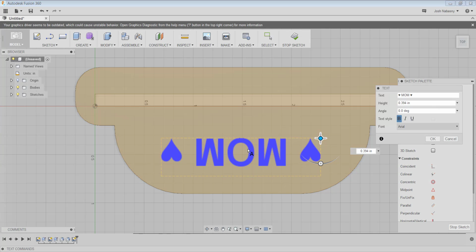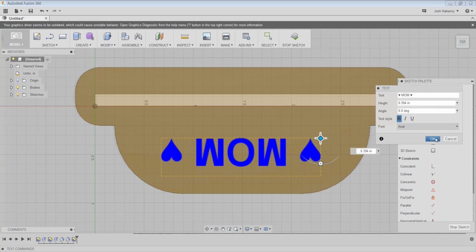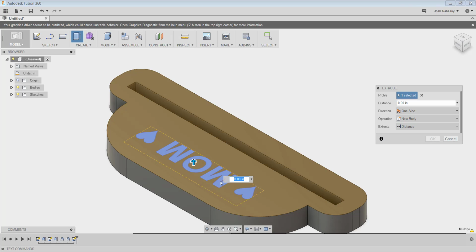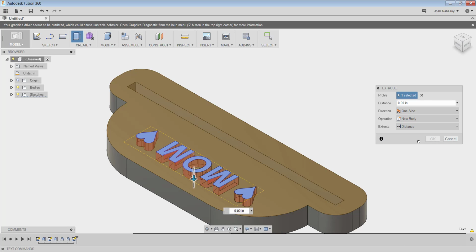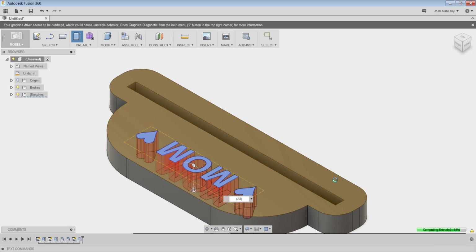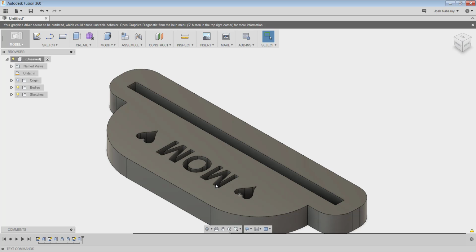And I like to bold out all the text I ever do on 3D printing, no matter what, just because it always comes out better. I'm going to hit OK, and I'm going to extrude this, and I'm just going to cut it through the object. So I'm going to spin that around, change it to a cut, change my distance to all, and hit OK. And hopefully that cuts our object, cuts out the hearts and the mom, and we kind of have a